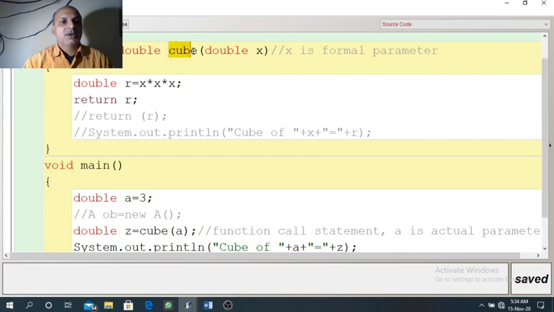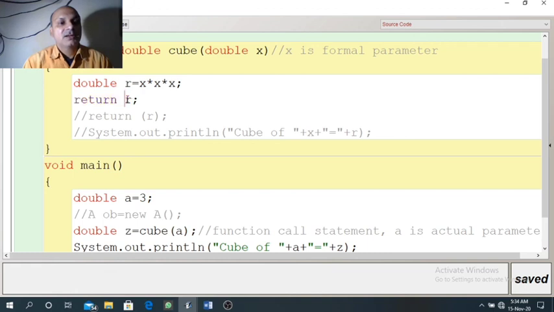Here, function cube has a return type. It returns a double type of value. That is why the return type is mentioned as double. And instead of the print statement, we need to write a return statement. So we need to write the keyword return, then space, then value.